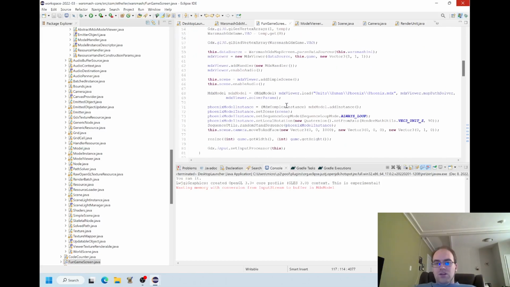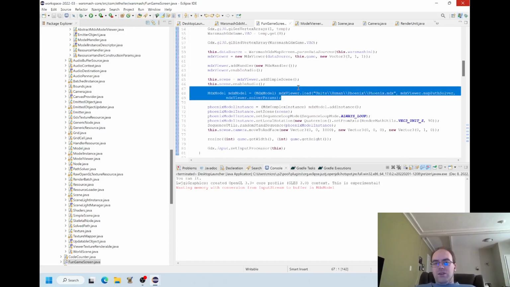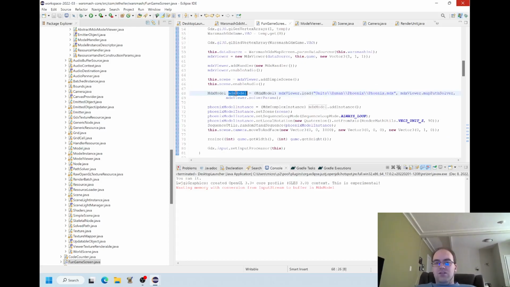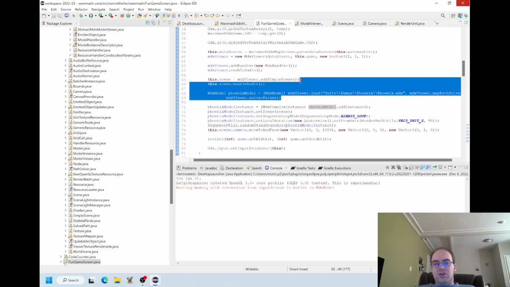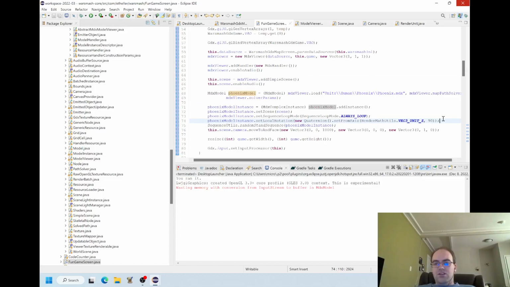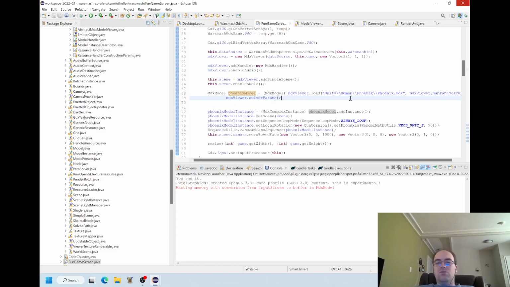Okay. So one thing we did at the start is we loaded this MDX model that is the Phoenix model, really. I hadn't named the variable, but it was the Phoenix model that I loaded. What I need to also do is load, because there are two concepts. There's the idea of a Phoenix. You can have 1,200 Phoenixes in the world, but you only want to load the file of the Phoenix one time. So that's the Phoenix model that you load one time. And the 1,200 Phoenixes in the world, those are the Phoenix model instances. So I'm just going to do the same thing with the rocks.